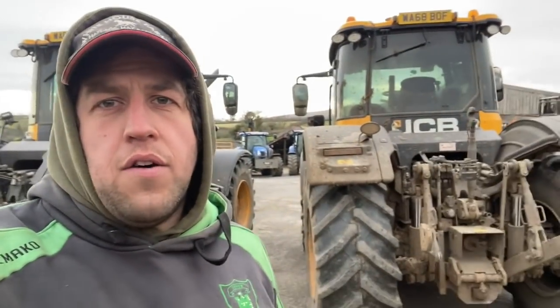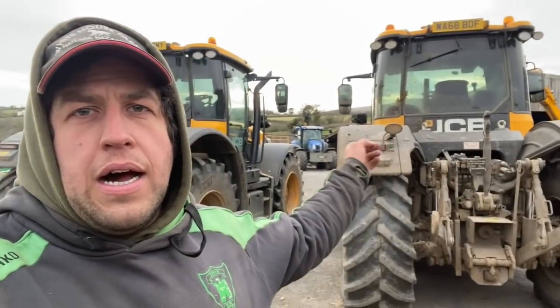A few little things on the back halves as we're at the back of them. We have cameras on the back of both. If you've seen some of the other videos, we have gone on about cab cams. Adam fitted cab cams to the trailers, or the new trailers that we got, and it again is a bit of a game changer. When you have a screen just to your right hand side and you can see your hitch, which Adam's is down for some reason, which he's forgot to lift up,